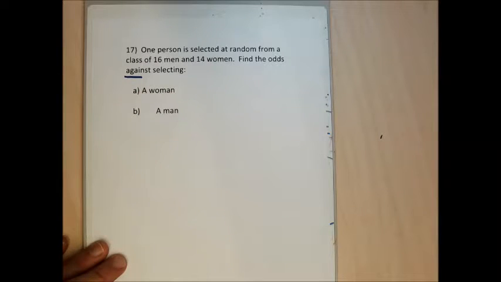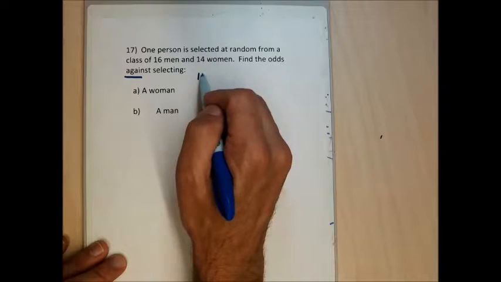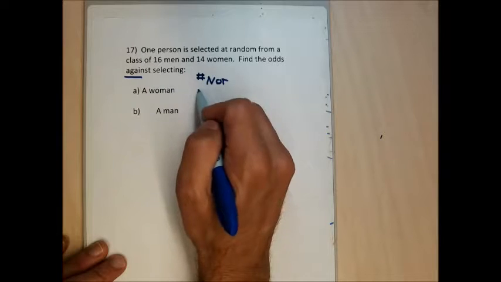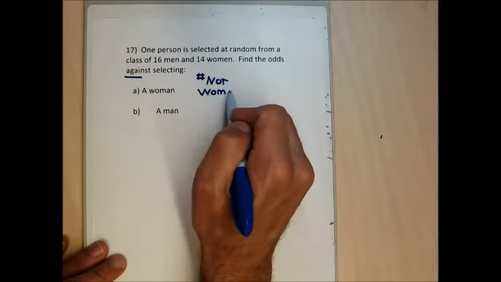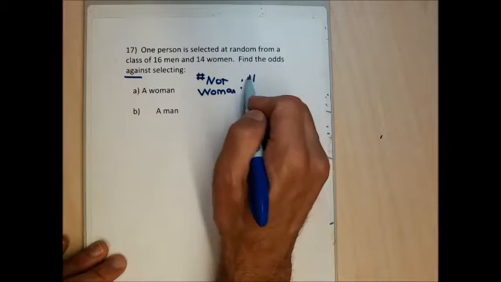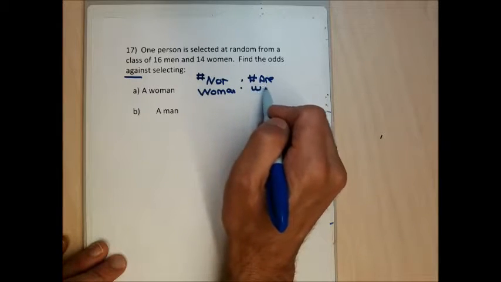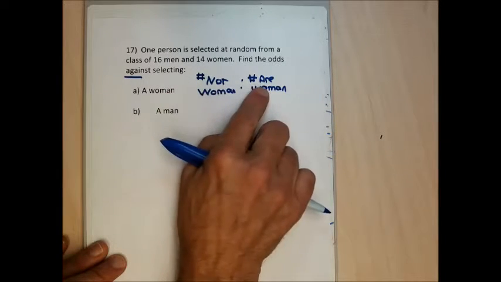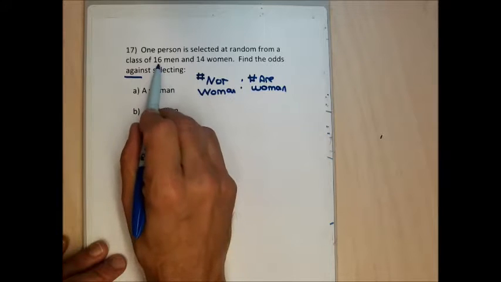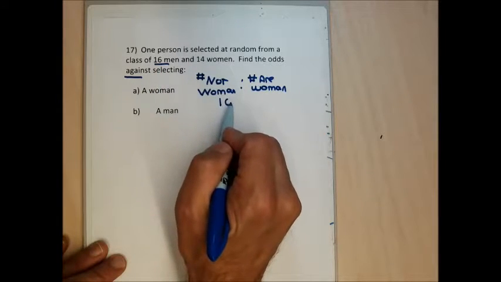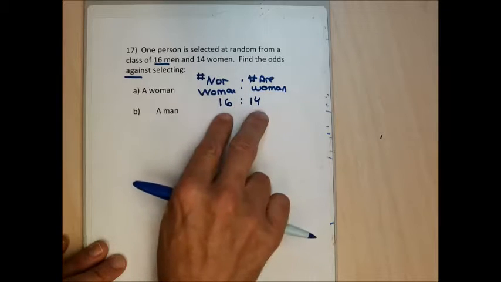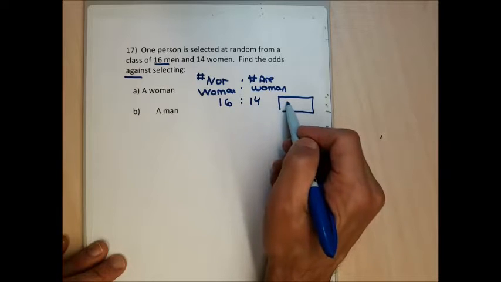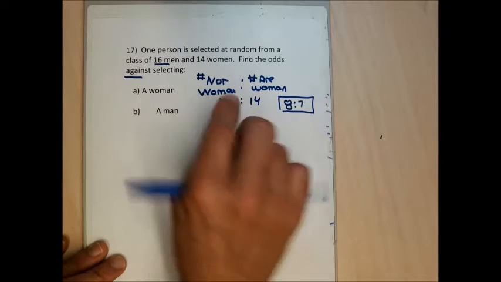So the odds against selecting a woman, I need to separate the group into the number that are not this characteristic, so the number that are not women, followed by the number that are women. Because to do odds against a certain characteristic, you need the not first and the are second. And in this group, there are 16 that are not women and 14 that are women. I'm going to divide these by 2. And for an answer to part A, I'm going to get 8 to 7 would be the odds against selecting